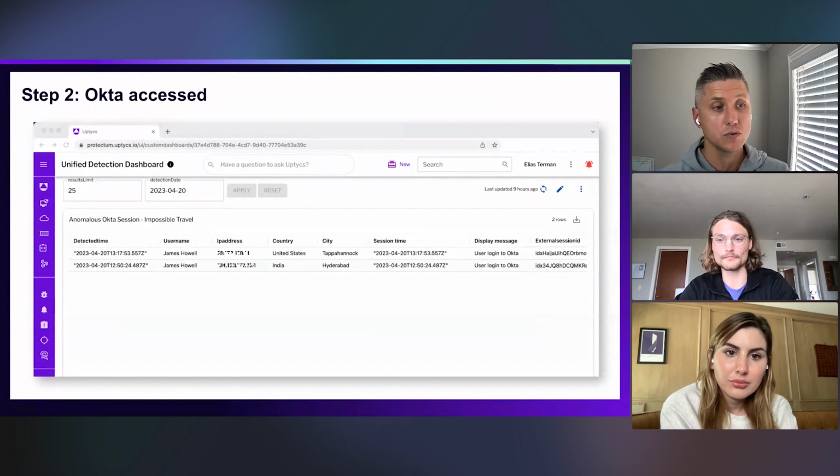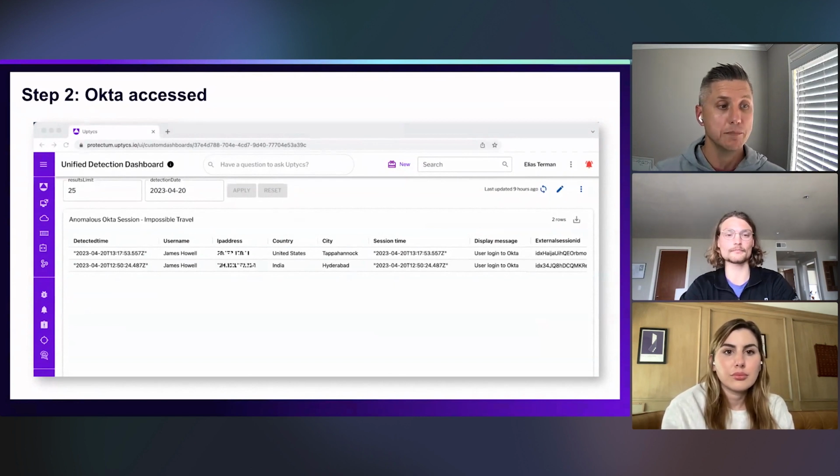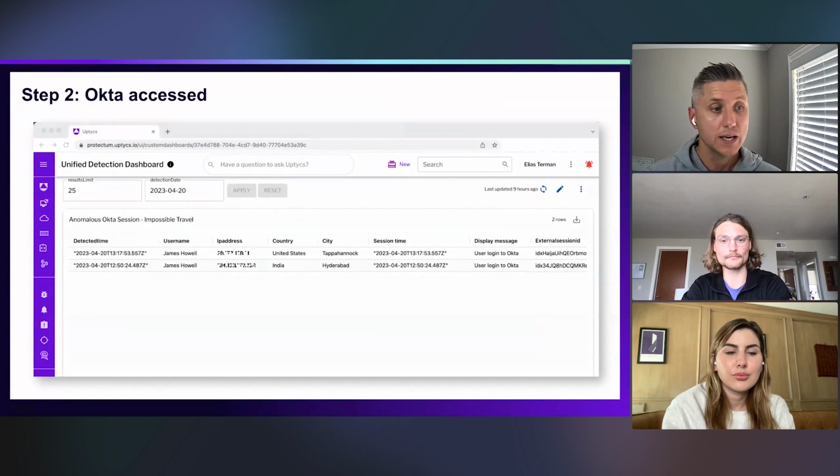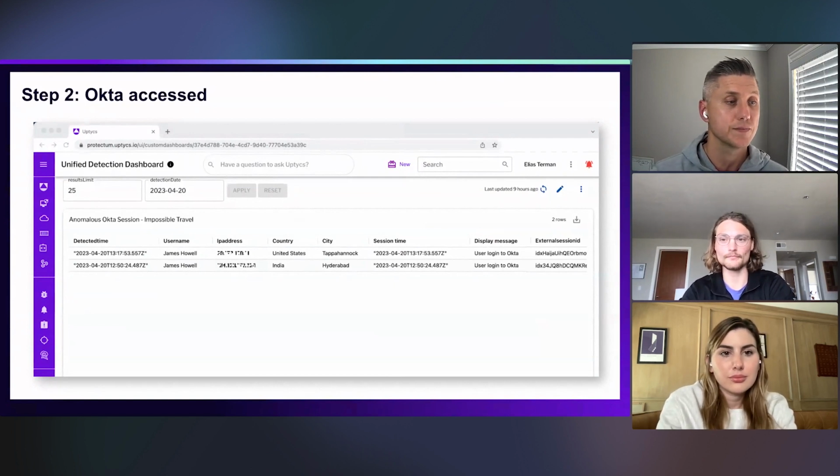Because the developer was still logged in and the threat actor also logged in, but from two different IPs in two different geographic regions, we're flagging it to say that we have an Okta anomalous session, where a particular user, James Howell, has been logged into from two different locations.